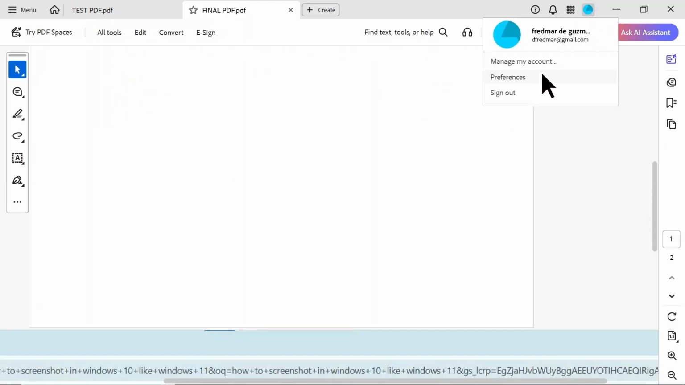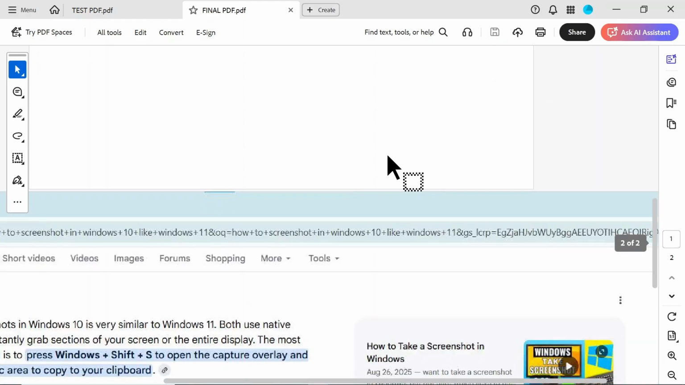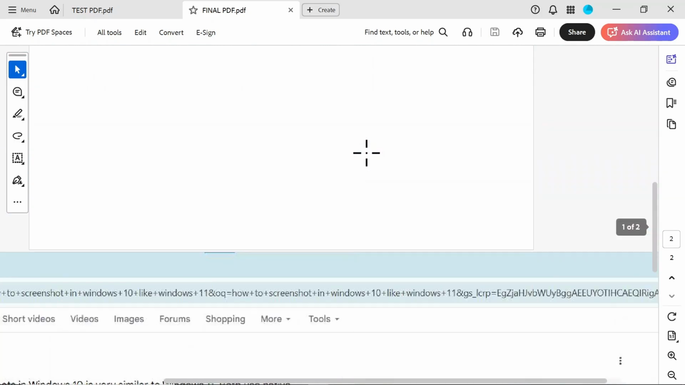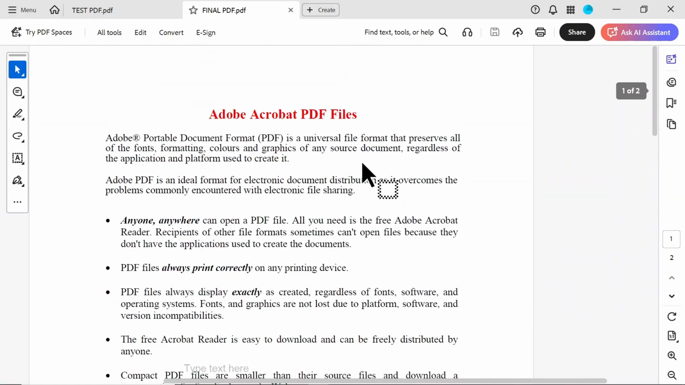So, to keep it simple, open Adobe Acrobat, choose Combine Files, add your documents, arrange the order, click Combine, then save the new PDF. And that's how you combine files into one PDF in Adobe